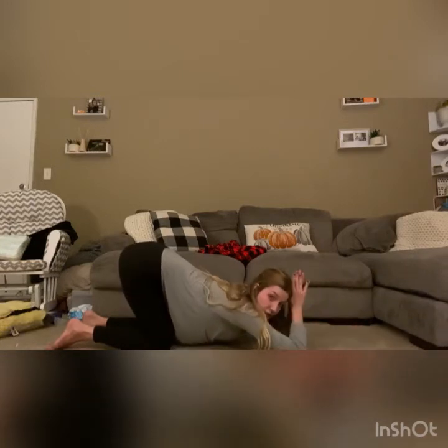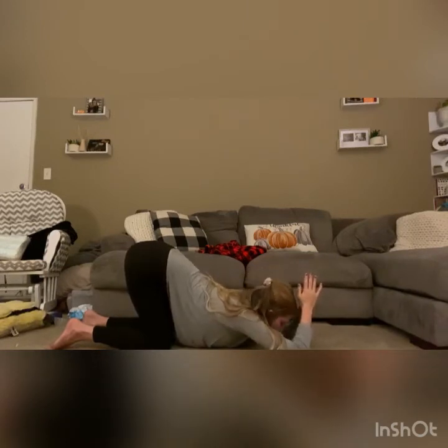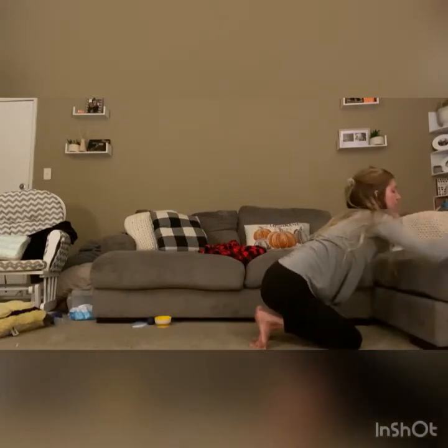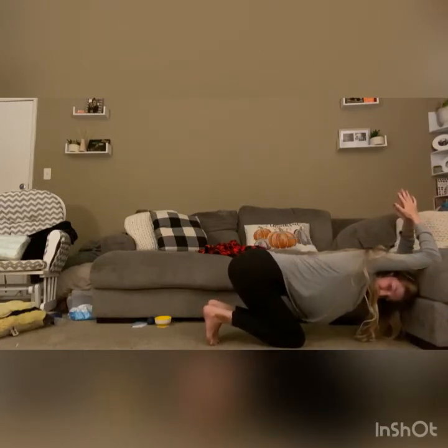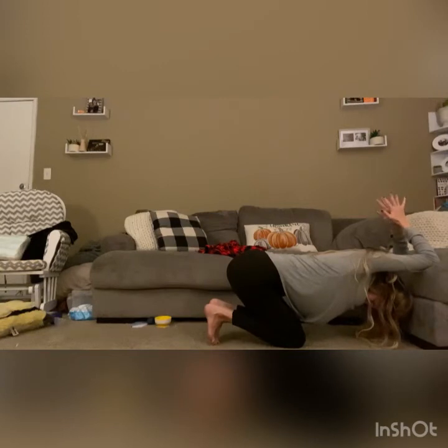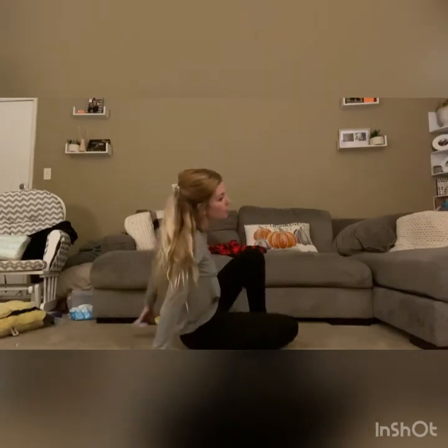If you want to get a deeper stretch in your shoulders here, what you can do is you can bring your hands together in a prayer position, and you can either rest your head on a block or you can come up onto a flat surface, like my couch, for instance, and act as if you are going back into puppy pose. You can sit with your tailbone as high as I had it right now, and drop your head low, and this will provide a deeper stretch in the shoulders, but it's essentially the same pose. So once we're done with puppy pose, take our 5 breaths in puppy pose,